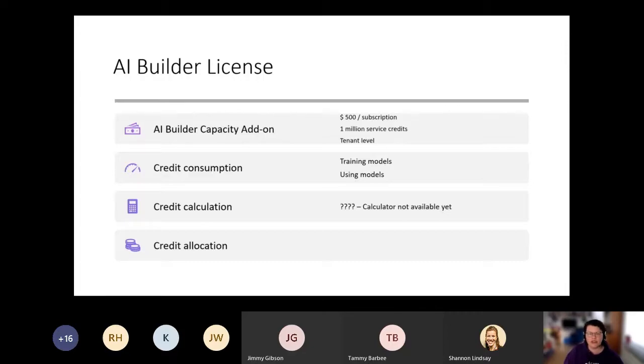So you have these credits on a tenant level, but you want to be in control of who is consuming credits, and you can, because your admins will be able to allocate capacity to environments from within the Power Platform Admin Center, so you can determine which environments and the makers over there can consume what amount of capacity from your add-on.